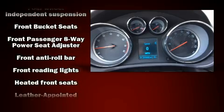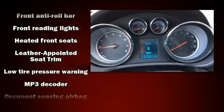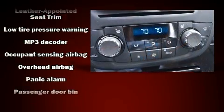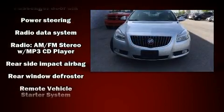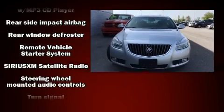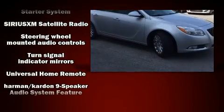With side curtain airbags supplementing the rest of the safety network, you can be assured that you and your passengers will experience top-tier protection. A Carfax history report provides you peace of mind by detailing information related to past owners